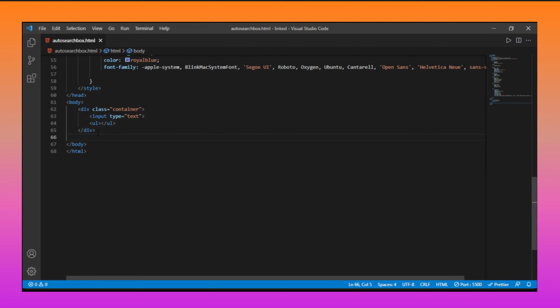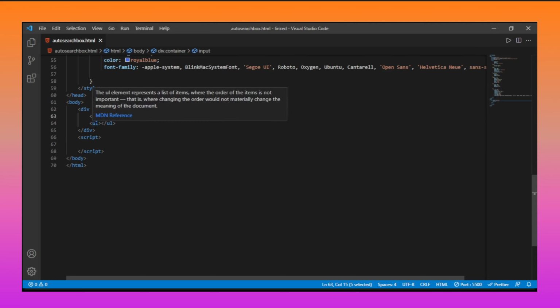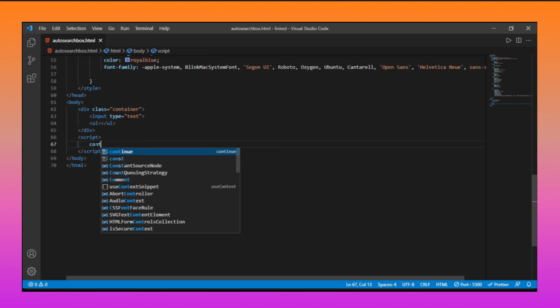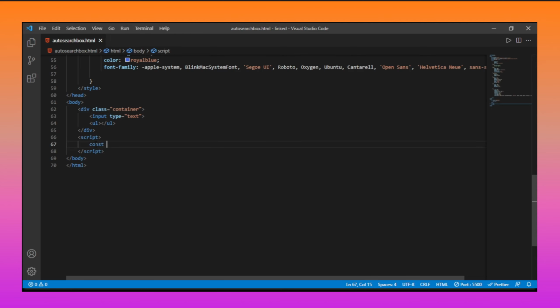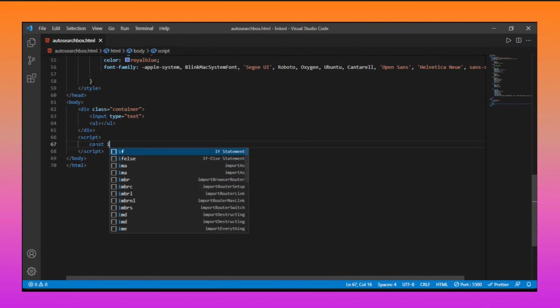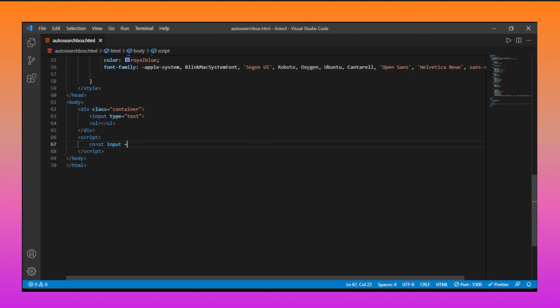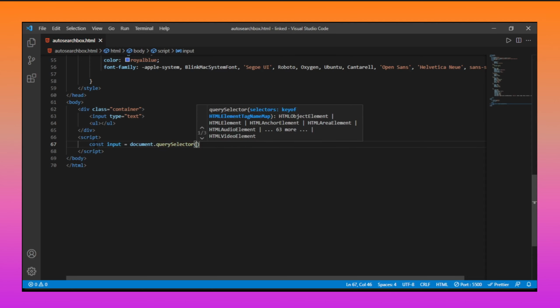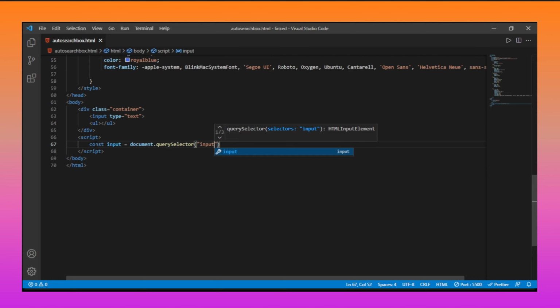Now we are going to do the JavaScript work. In this script tag we need the reference of the input and the unordered list, not the container. Let me make const variables. The input will be document.querySelector, and in this input.